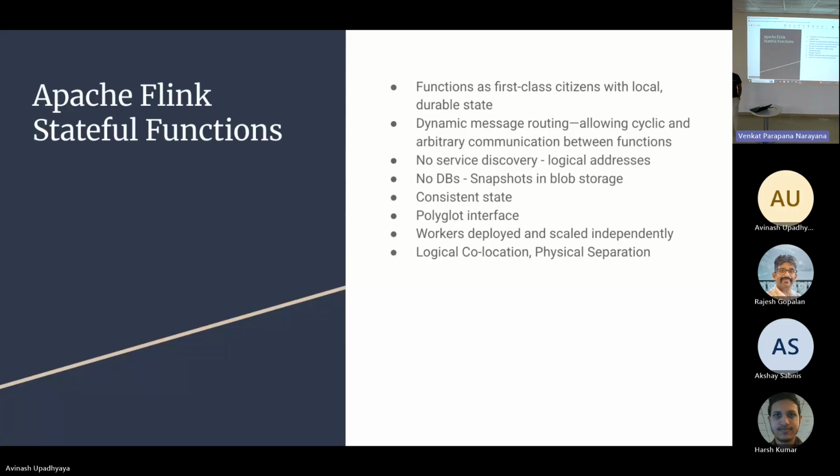The Flink runtime would then act as an event-driven database. And here, Flink stateful functions allow you to dynamically route to any function that is defined within the runtime. What this means is you can arbitrarily call any function with their logical address. So all functions that are registered as a function within the Flink stateful function